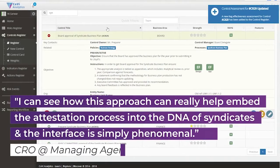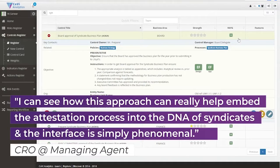Reviewing the controls assessments supporting Lloyd's attestation has never been easier, and preparing the reporting templates for Lloyd's